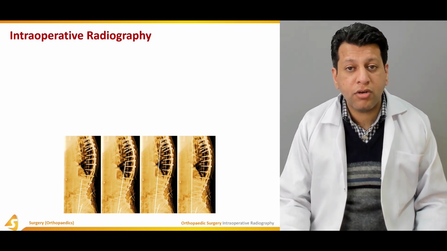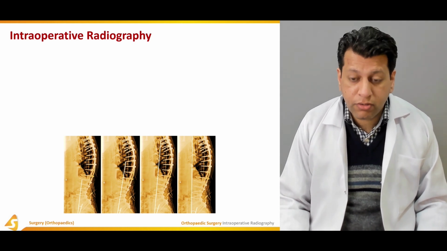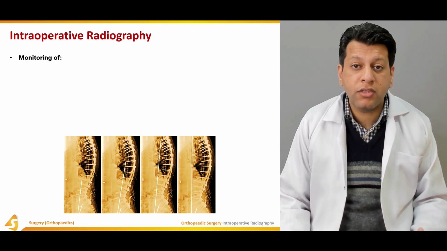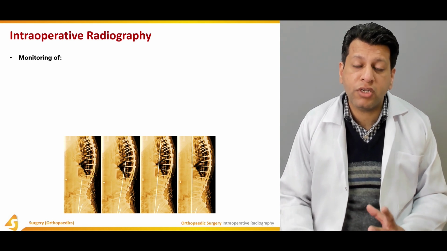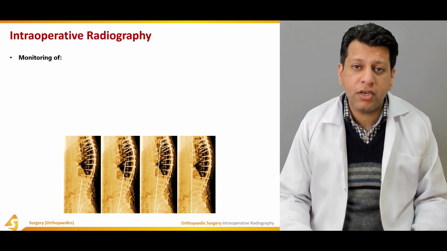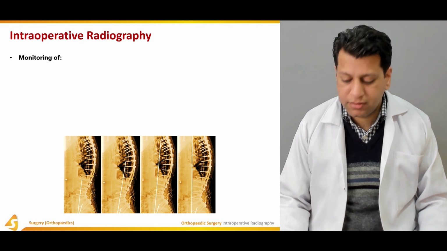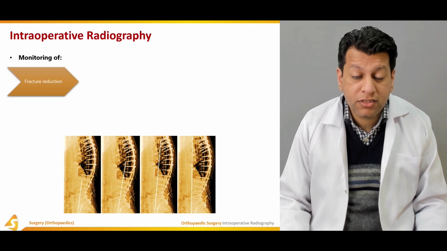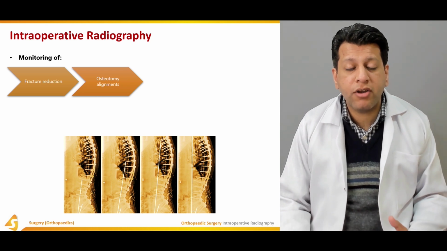Similarly, not only intraoperative imaging during spine surgery, we also require neuromonitoring, especially in the case of scoliosis. When the correction has been done for the scoliosis curve, we need neuromonitoring so that we do not overcorrect to such an extent that it eventually leads to neuronal injury or spinal cord injury, leading to paralysis. So we need to monitor for fracture reduction and osteotomy alignments,